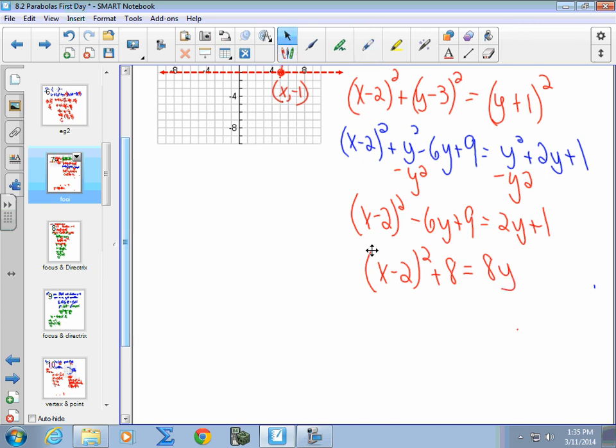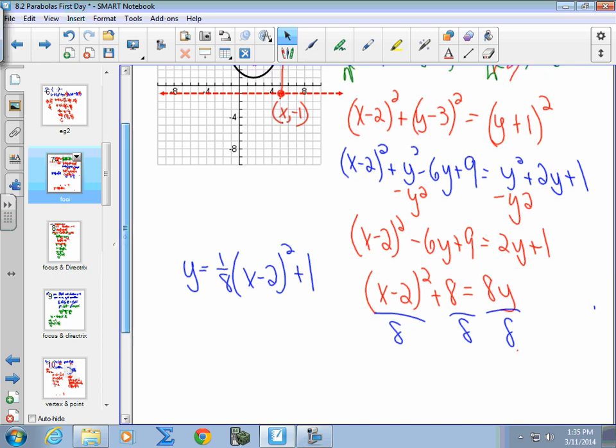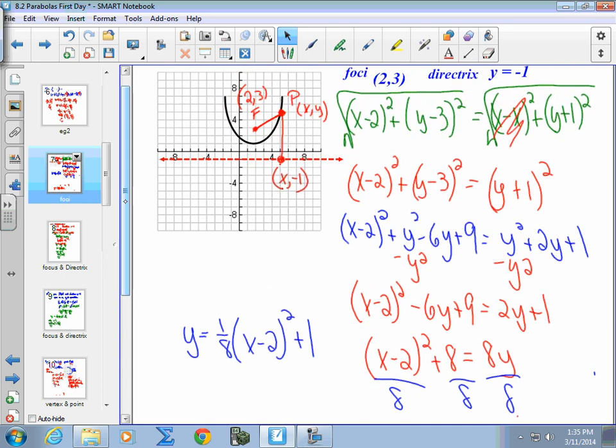We then need to divide by 8. So you're dividing each one of these by 8. And you get y is equal to 1/8 times x minus 2 squared plus 1. That is the equation for that parabola that has a focus of 2, 3 and a directrix of